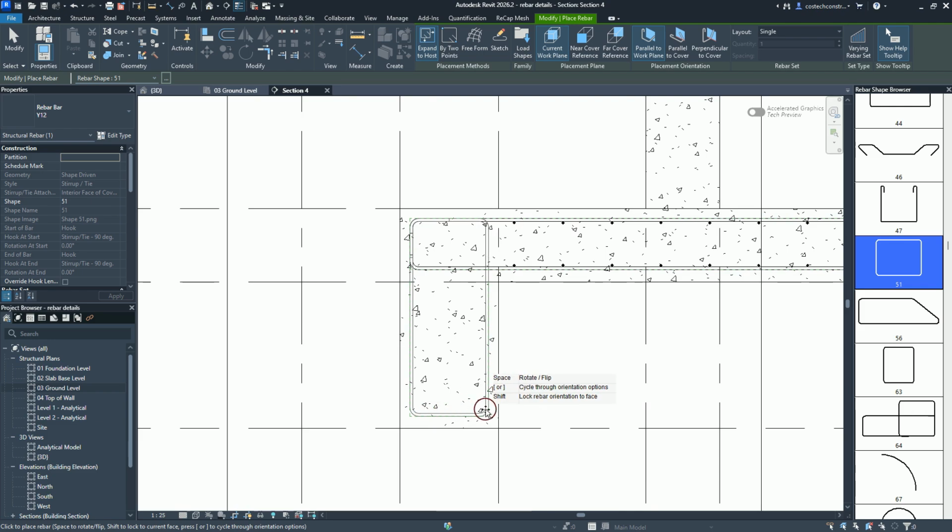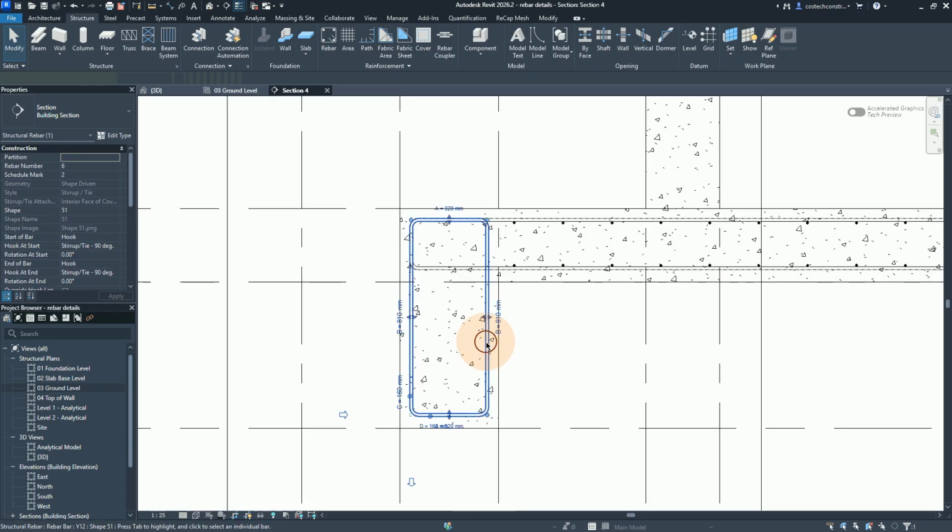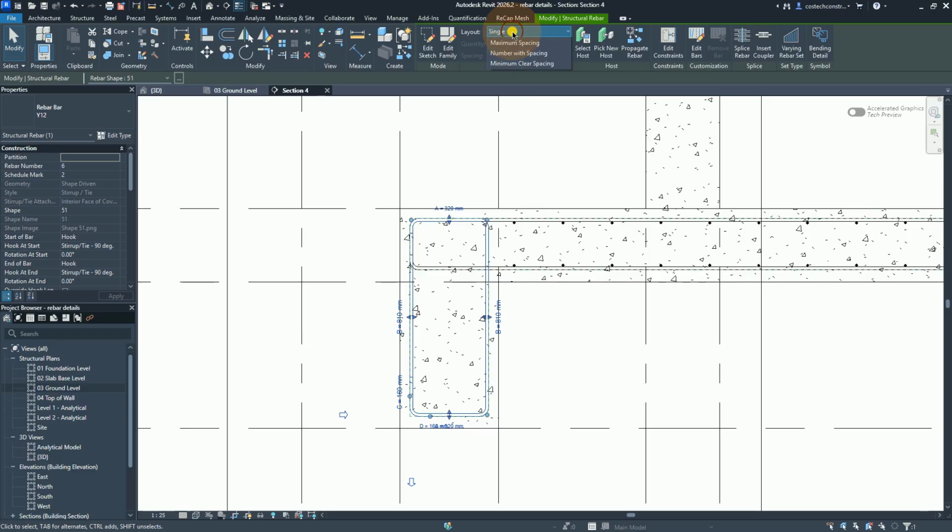You can also press space to rotate. So if we press space, I'll place it here. Then I'll press escape. If you now select this rebar set, we can go to layout here, change to maximum spacing, then give a spacing value of 200 here. We see that we have 38 as the quantity. So if we go to the ground level,